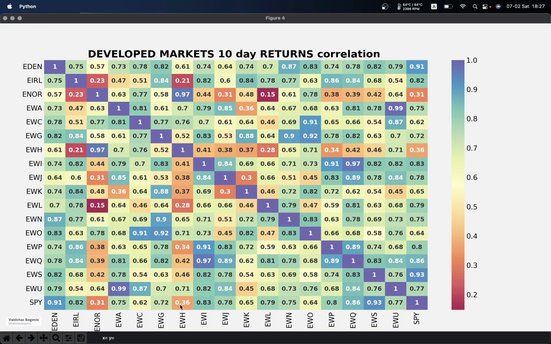Of course, you always expect equities to have positive correlation, so it's a very rare thing that you will see a negative number, but actually you don't need a negative number. All you need is a low positive correlation. And EWO has 0.64, a bit higher, and actually it's a good thing, because my thinking is, of course,